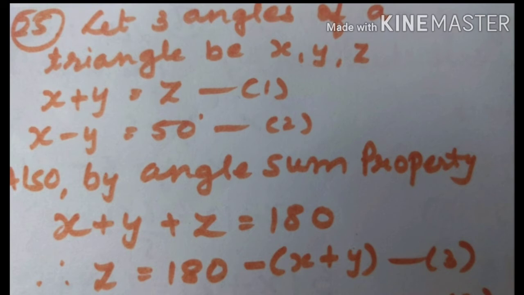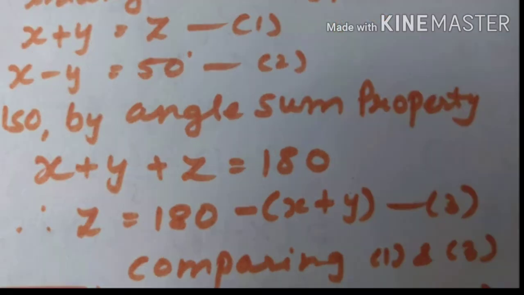So here, students, you have to just check your first equation. In the first equation on the right side it is z written, and in the third equation also we get the value of z. So next step, you have to think about what we can do here to get our values. I have now written comparing 1 and 3. As I told you, in equation number 1 the right side is z, and equation number 3 also gives the value of z. So now we will compare equation number 1 and 3.